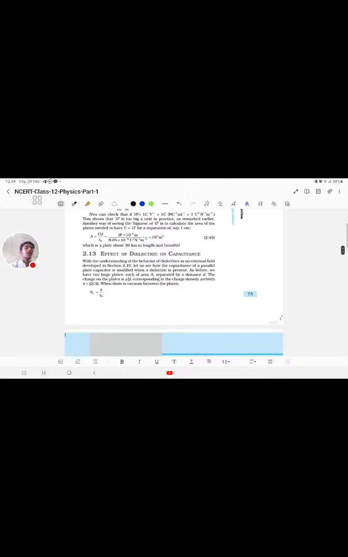Effect of dielectric on a capacitance. With the understanding of the behavior of dielectrics in an external field developed in section 2.10, let us see how the capacitance of a parallel plate capacitor is modified when a dielectric is present. As before, we have two large plates, each of area A, separated by a small distance d. The charges on the plates are plus or minus Q, corresponding to the charge density plus minus sigma. Sigma is equal to Q by A. And there is vacuum between the plates,